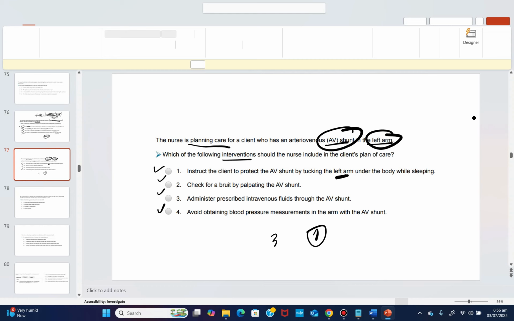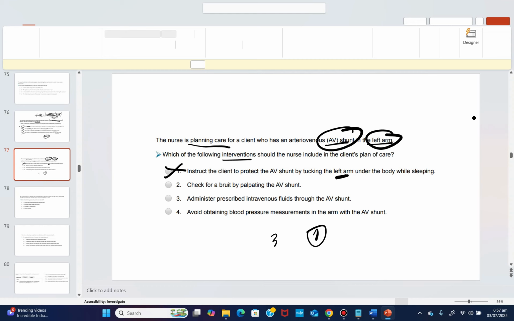Right? So, do you want to include that in the plan of care? Definitely no. You see, it's not until you know the right thing. At least you just want to think and ask yourself, this doesn't really make sense. You understand? So yeah, out. There's no fancy rationale, because this is what I see a lot of tutors do. They just give you fancy rationale that makes no sense, making you try to look like you need to think a special way before you can answer a question. No, most of the way of thinking related to nursing is just the little thing you can think about that makes the biggest sense.